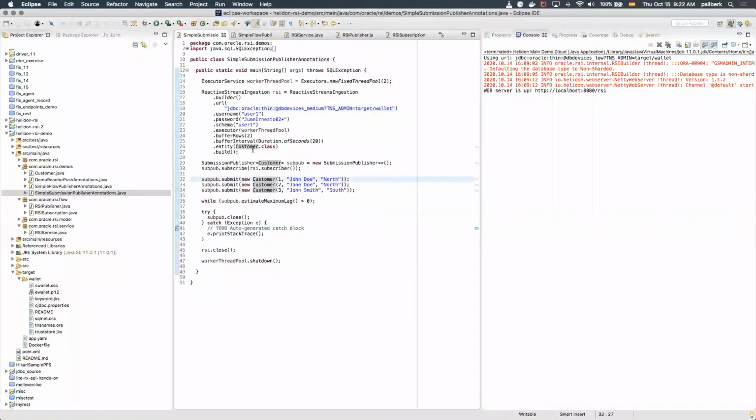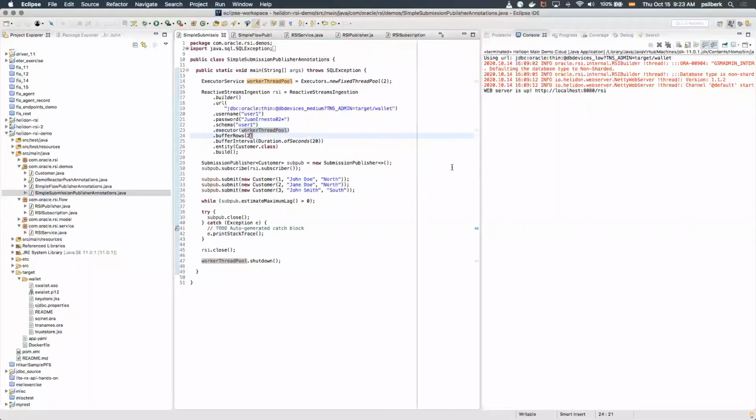So the way you use this is you create a library instance by using a URL where your database is going to be, a username, a password, a schema, and a worker thread pool, because if you don't send this value, then the library is going to create a thread pool for you, but you can create one of your own.